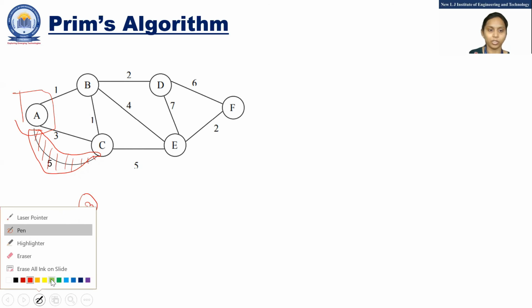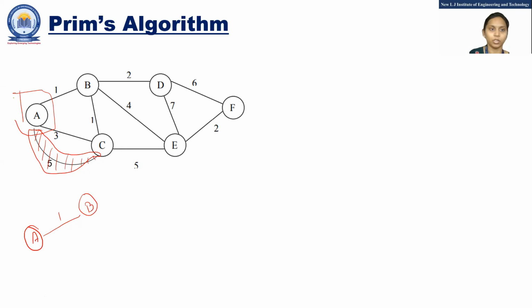Fine. Now I have boxed this. How many edges do I have? 3, 1, 4, and 2. Which is minimum? 1. So draw the line 1, and the node is C.